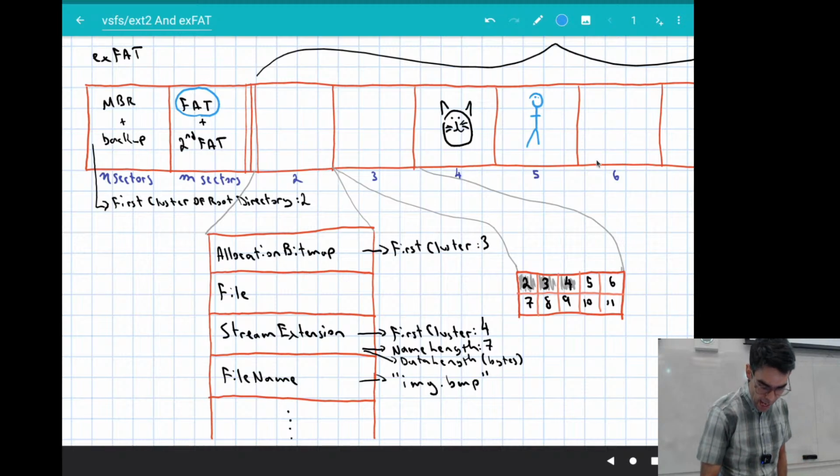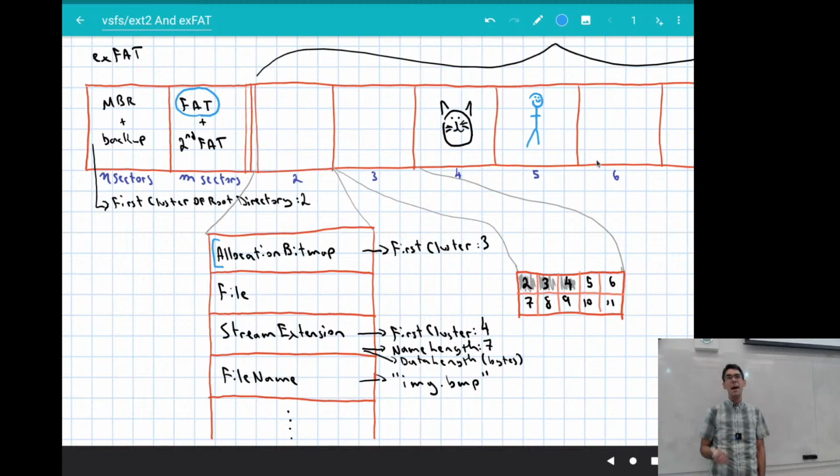exFAT also has an allocation structure. It has an allocation bitmap. The allocation structure for exFAT is a directory entry in the root directory. If you've started looking at these directory entries in the root directory, you will have found the directory entry that is allocation bitmap.